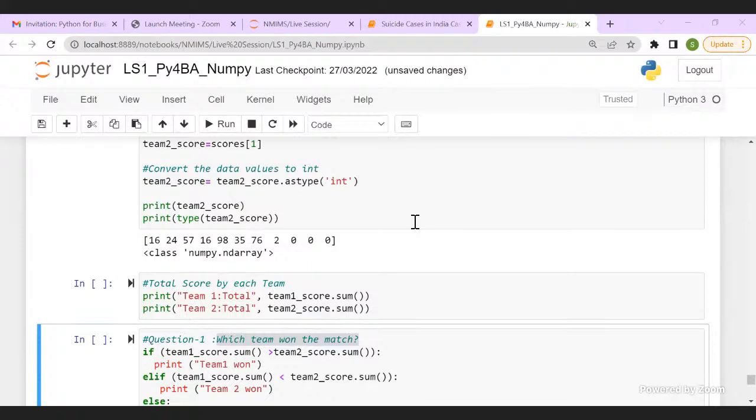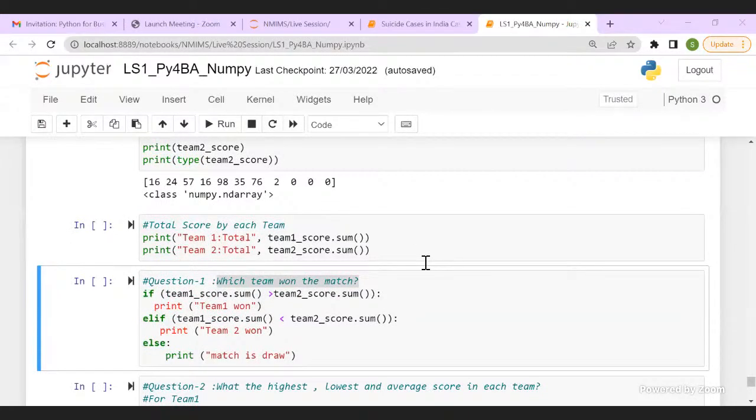Praneeth, you will be using both numpy and pandas. You cannot use pandas without numpy. Praneeth was asking for the project, whether we will be using pandas or numpy. You will be using both, Praneeth, because pandas cannot work without numpy. That is the very first thing I explained to you when I started with numpy. Just 5 minutes more and we are done with the case study, and we can close the session for today, and I'll deal with the suicide case study in the next class. Just give me 5-7 minutes more, guys. I know everyone must be hungry. It's lunchtime. Me too. Give me 5-7 minutes more.